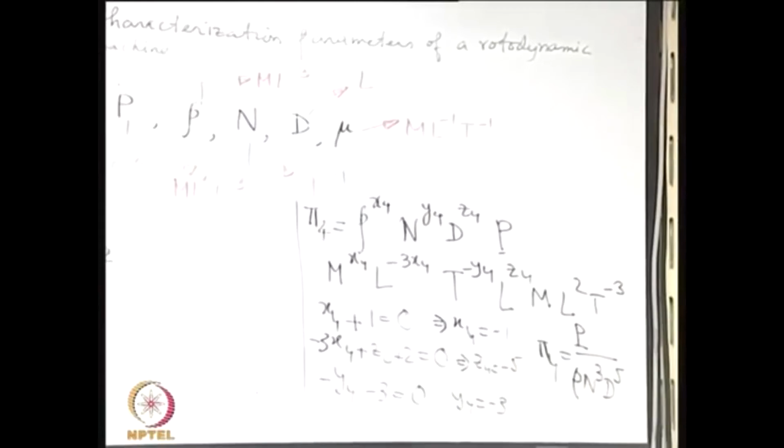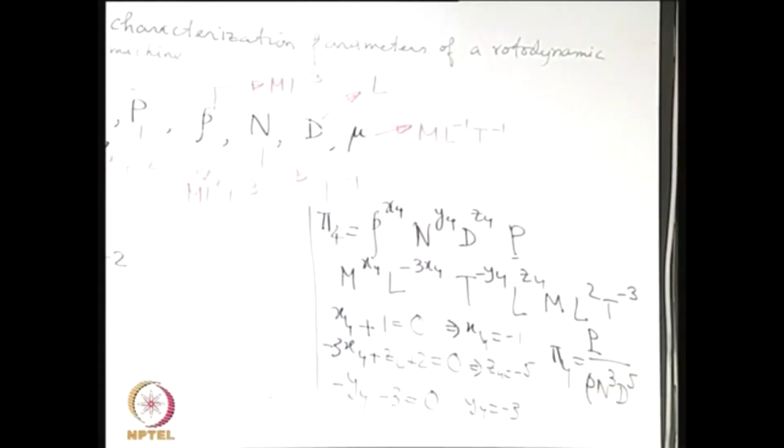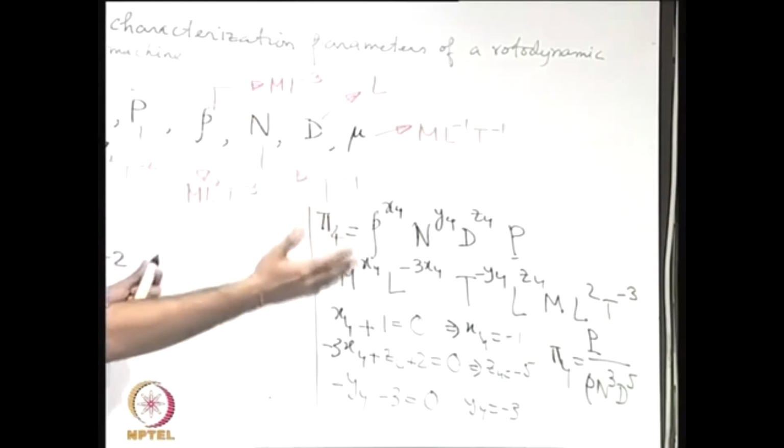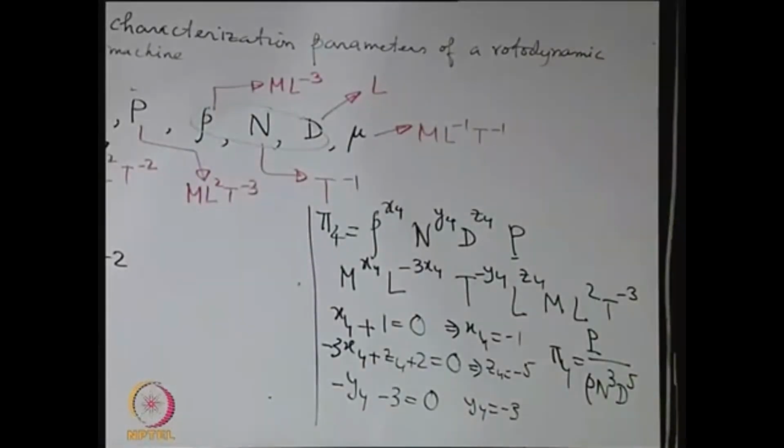Okay. So, from this we can see that the important output parameters which are of our interest, forgetting about the Reynolds number dependence, are related in some way to the characteristics of the rotordynamic machine. What are the two important characteristics of the rotordynamic machine? One is the rotor diameter, of course it may vary from the inner to the outer, but whatever is the local diameter, the rotor diameter, and the RPM.